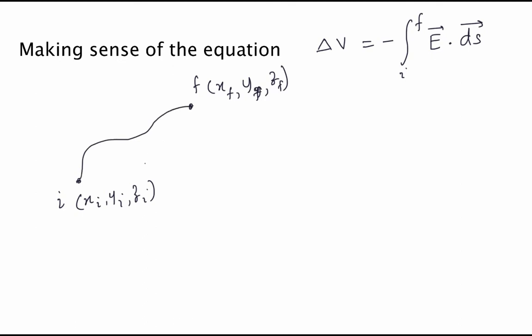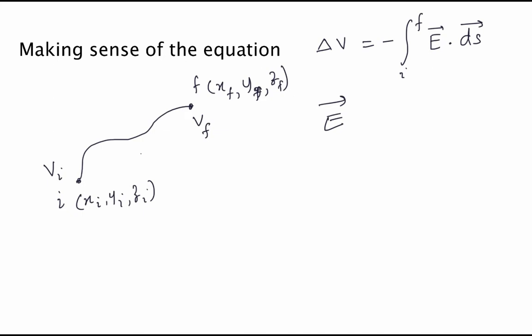Okay, so I am going from the initial to the final point, and there is an electric field everywhere in this region, and I know how the electric field behaves. So that means I know the electric field. And I want to figure out the potential difference. Let's say I want to figure out the potential at this point, which is V final,